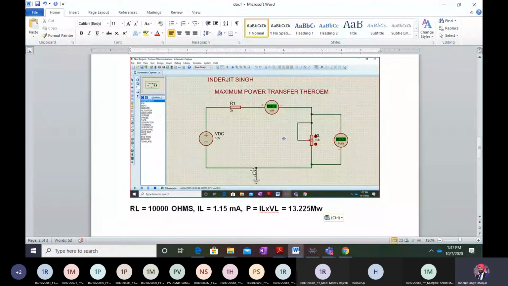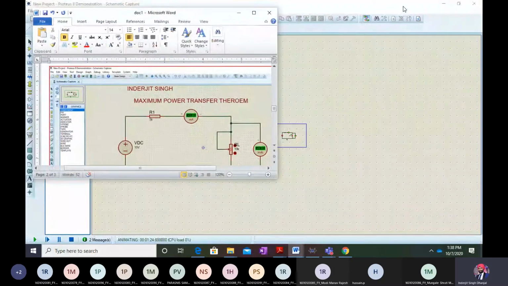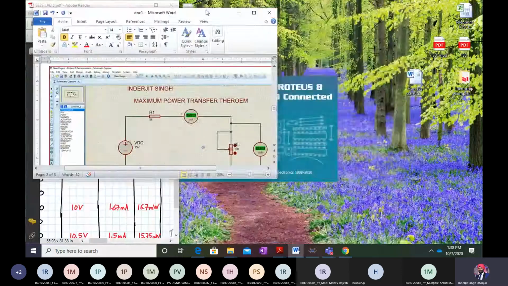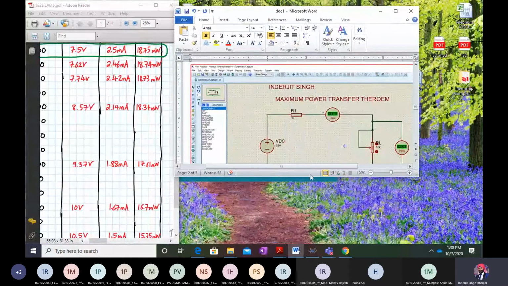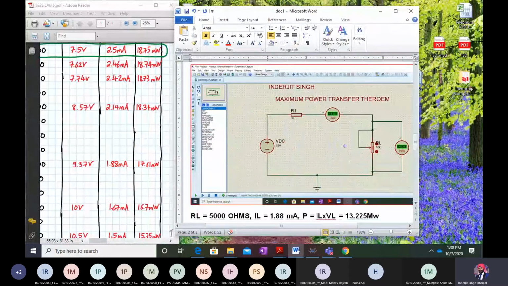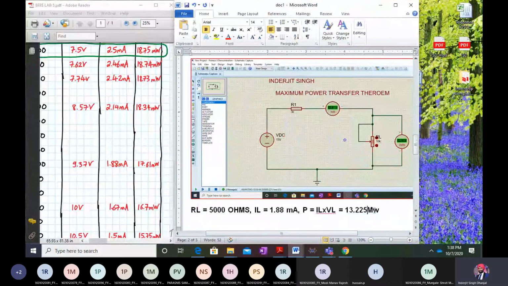Now we have taken this for 50%, that is around 5000. So at 5000, what was my IL? IL was coming out to be 1.88 milliamperes, and what was the power? Let me check over here. The power was coming out to be 17.61 milliwatts, so don't write mega.